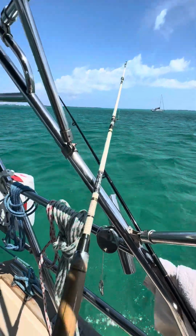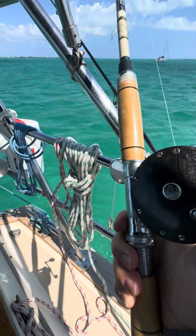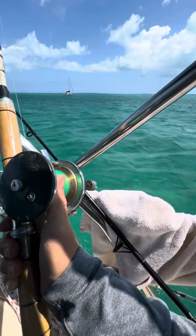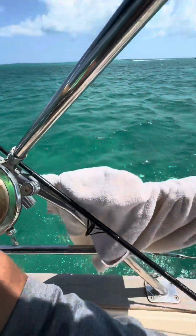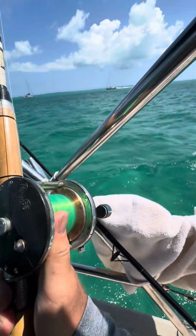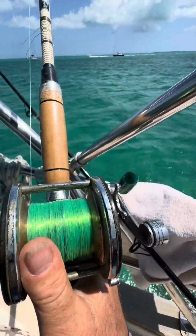It has a roller top, and it just fits right there and does the work for you. Now, if you're under motor, you always want to pick the side of the sailboat you want to fish from because you can't get around all this stuff. So I picked the left or the port side. And then if you're under motor, you can turn into the fish. You just make a turn towards the fish, and now you're fighting the fish on the side of the boat